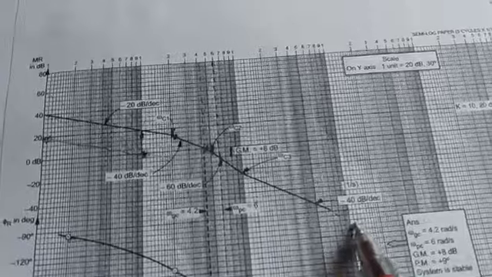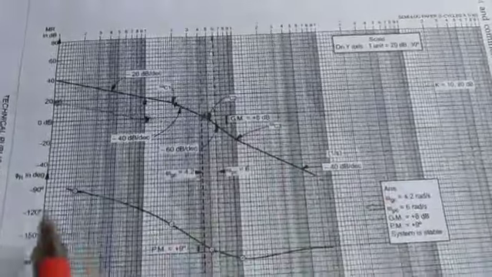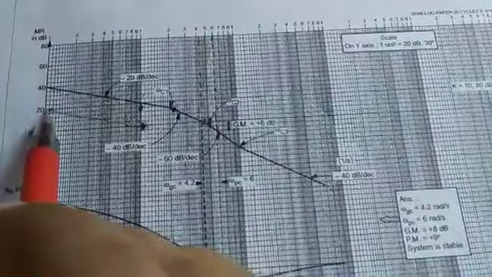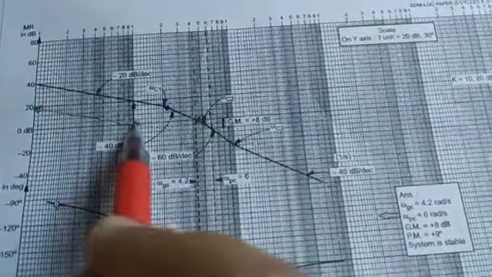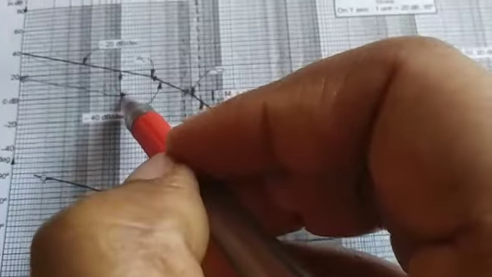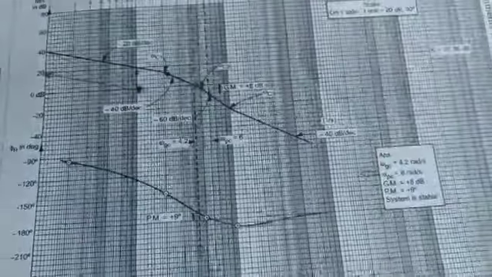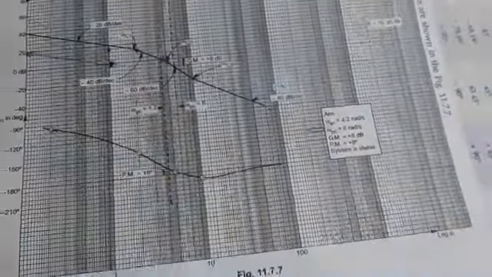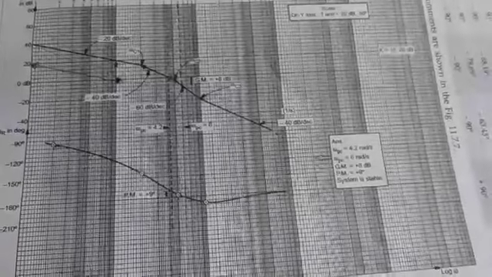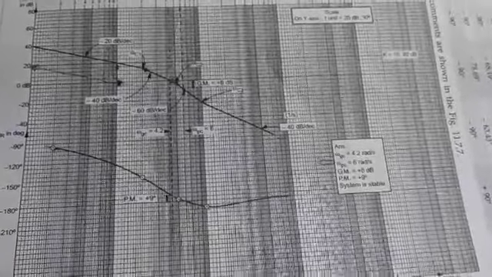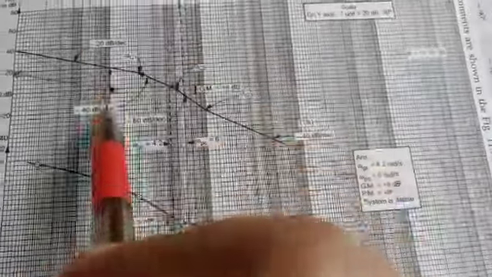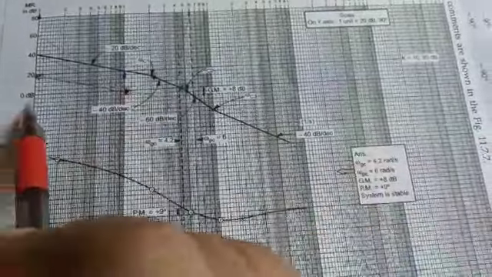This dark line, you can see how. Next, the phase angle. You can see first mark the 20 to 0, this is omega equal to 1. The pole is at origin, so what should we do? Intersect minus 20 dB per decade passing through the intersection of omega equal to 1 and 0 dB.